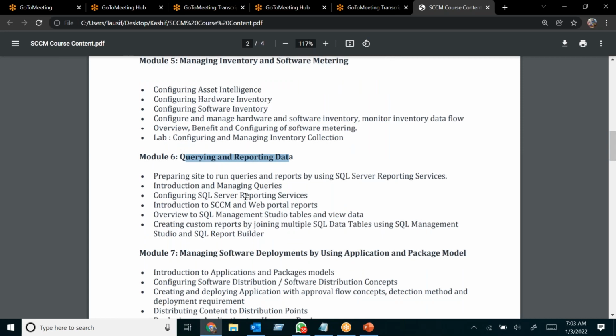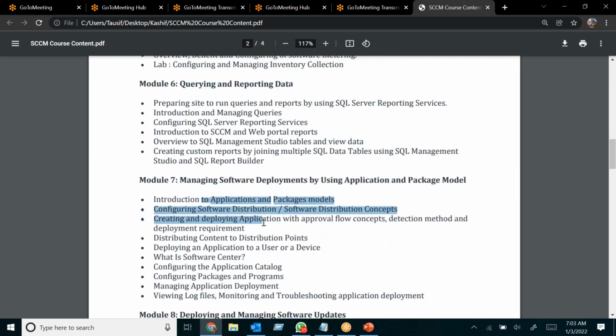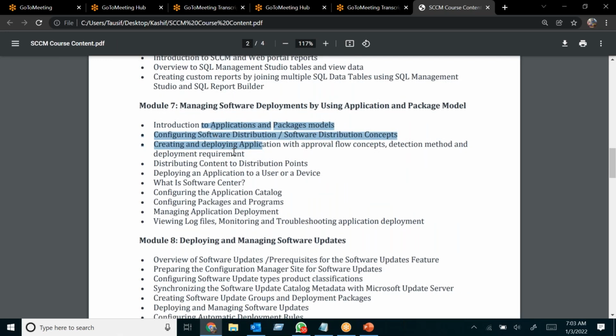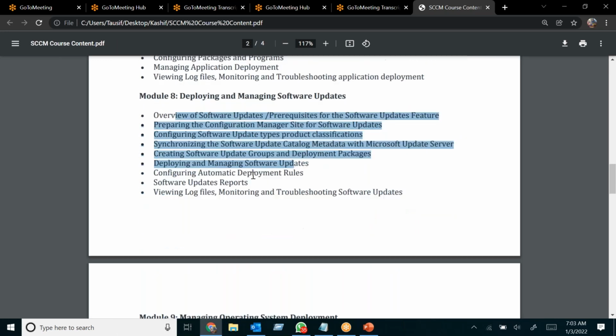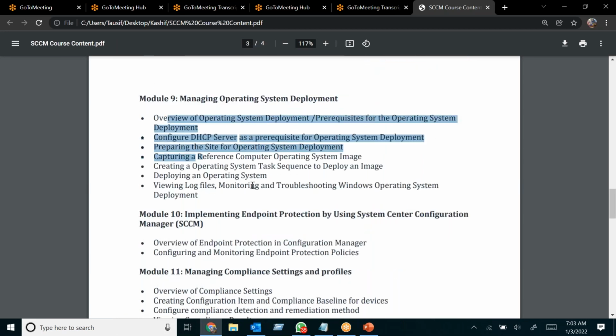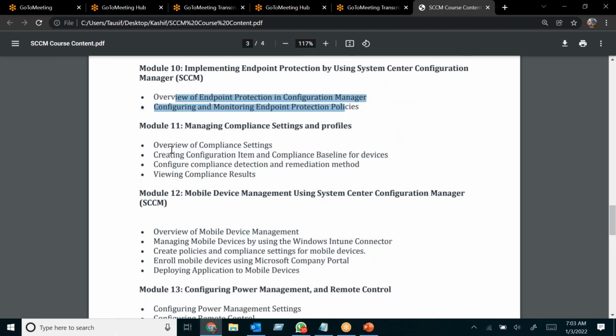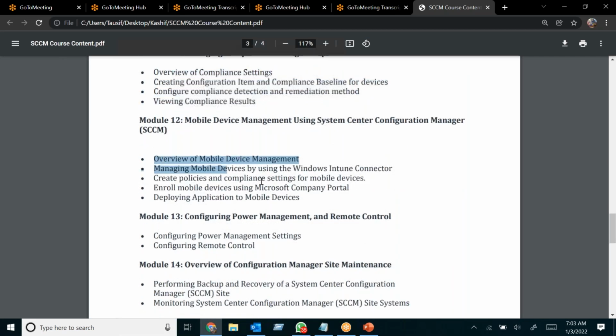Then application deployment with the application or package model, then software update patching, then operating system deployment, then endpoint protection, then compliance and profiles, and mobile device management.